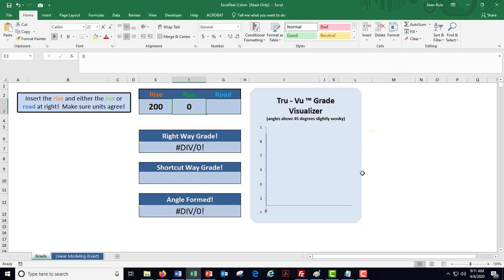You can make a run of 1, which would be exceptionally steep. It's very hard to even see that road. The road's the blue line, the rise is that orange line. I don't know if you can see that right there. Let's bump it out a little bit more, maybe 3 feet, and see if we can see it more. Not really. Let's make it 10. There's a very, very steep